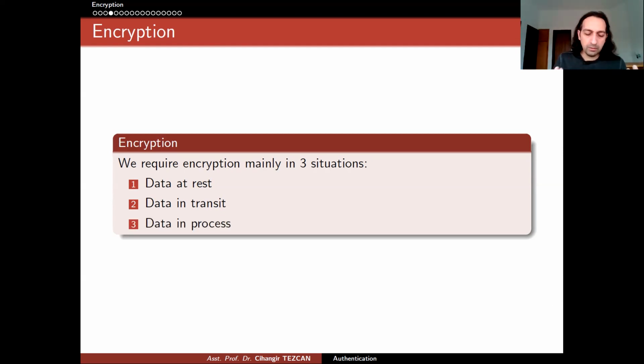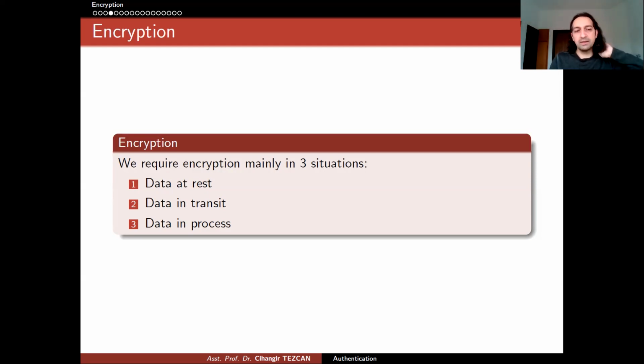So we also might need privacy when we are processing data. Think about it in this way. You have a file, for instance, you write a text document, and you encrypt it. Now you want to change a single character because you realize that you made a typo there. In the encrypted file, you cannot make a simple change to modify the file, right? Because you have to decrypt it back, change the letter, correct your mistake, and re-encrypt it.